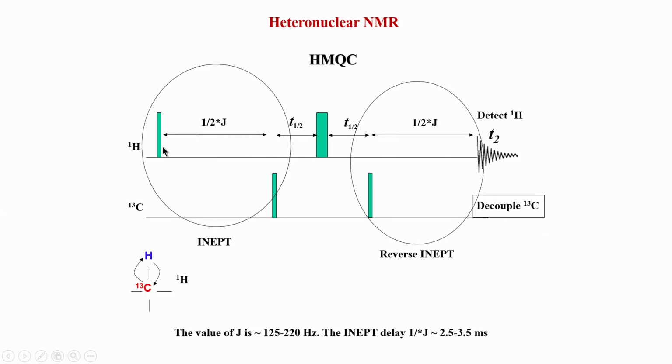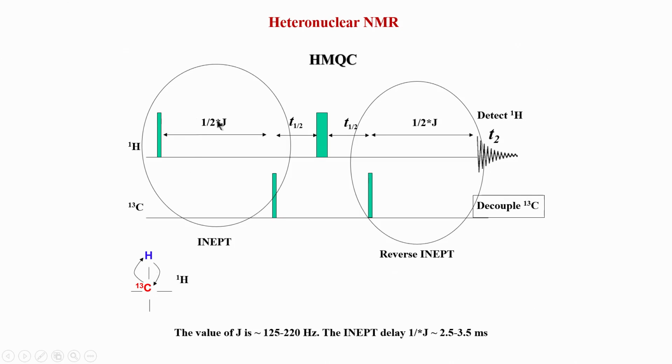So, you excite the carbon proton, first you excite the proton chemical shift. So, again remember we are in HMQC, the same as HSQC. We look at only the directly bonded proton to carbon pair. We correlate the proton chemical shift to its partner, directly attached carbon chemical shift. We are not looking at proton to another carbon here, nor are we looking for proton to another proton. So, there is only proton carbon correlation, and that too specifically only one bond, similar to HSQC.